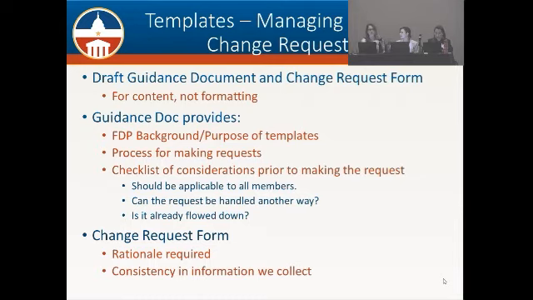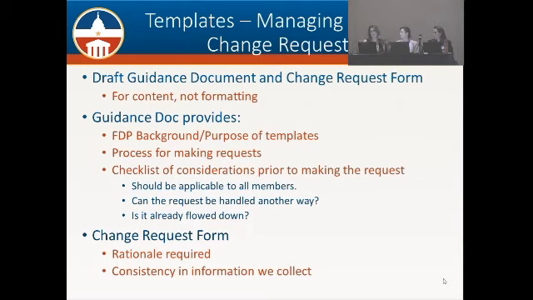I forgot to say one thing. As we were talking about coming up with ways to vet through this, I said, let's go to the guidance document working group and see if we could put something really quickly together, a draft just to initially share with membership and see if you like this idea. So the group and I got together, we had weekly calls, and we quickly put this out. The purpose of the guidance document is, one, it provides a communication tool for you when your internal stakeholders, such as your general counsel, your risk assessment office, or your controller's office, say, I want to change this, or I think we need to add language on that.